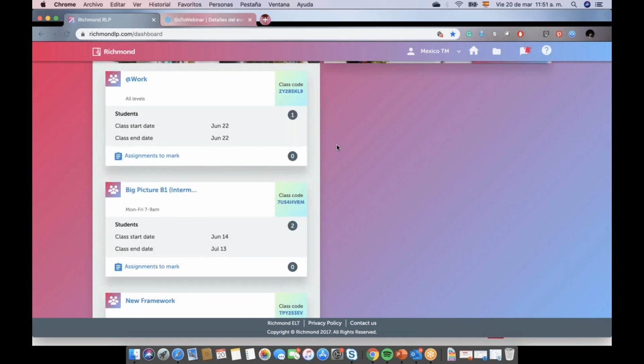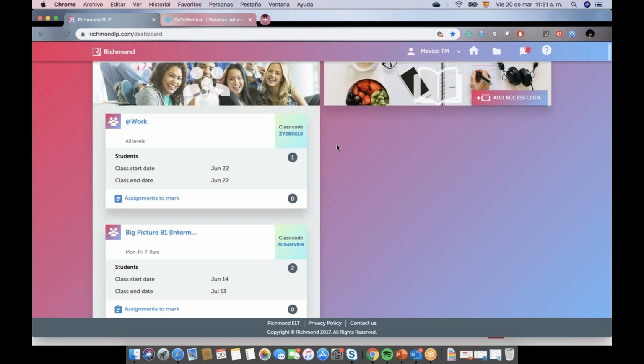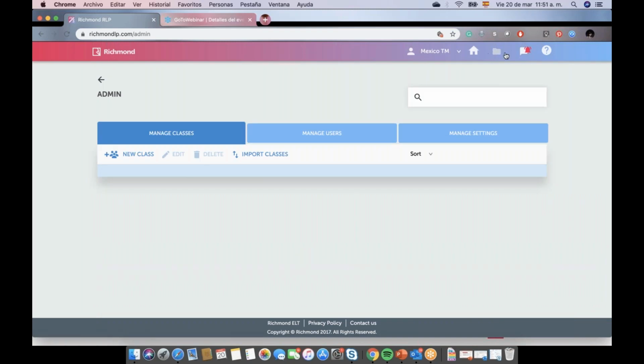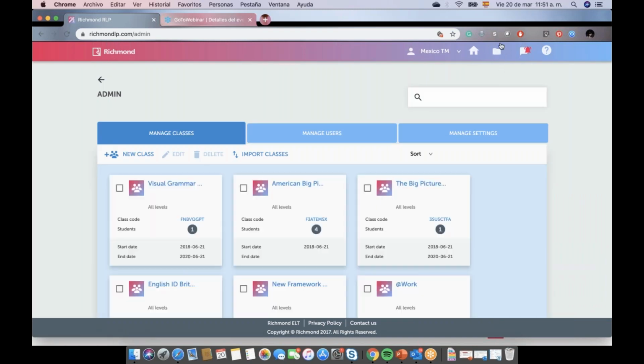So, very good. This is what the training manager can do. Yet again, the training manager is the only one who has this folder option. If you are a teacher, you are not going to be able to see this folder. Only the training manager can see that folder because he or she